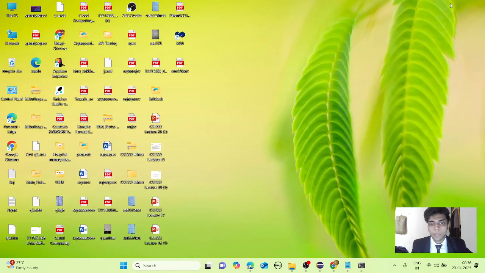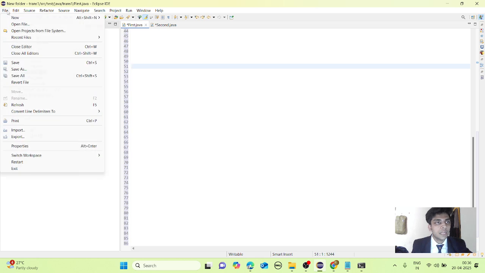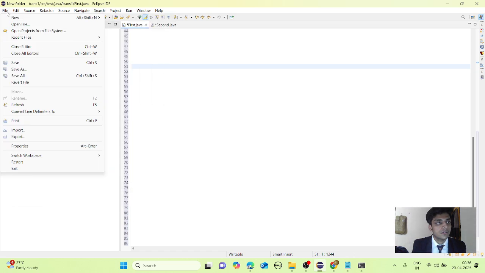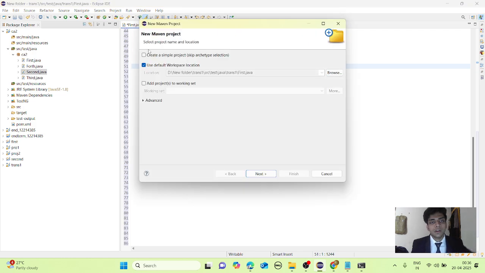Now we have to perform REST Assured operations. For this we have to go to Eclipse. Here first we have to create our Maven project, because REST Assured works on a Maven project. Go to File, go to New, click on Maven project, select create a simple project, then click on Next.